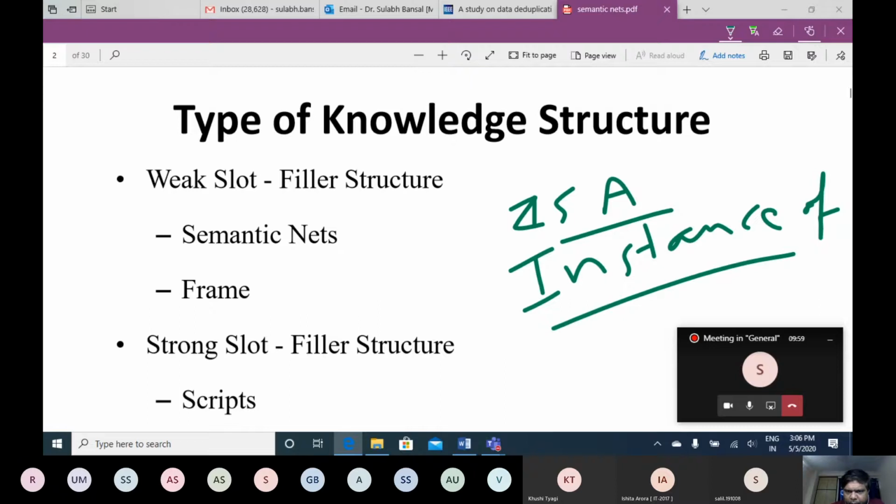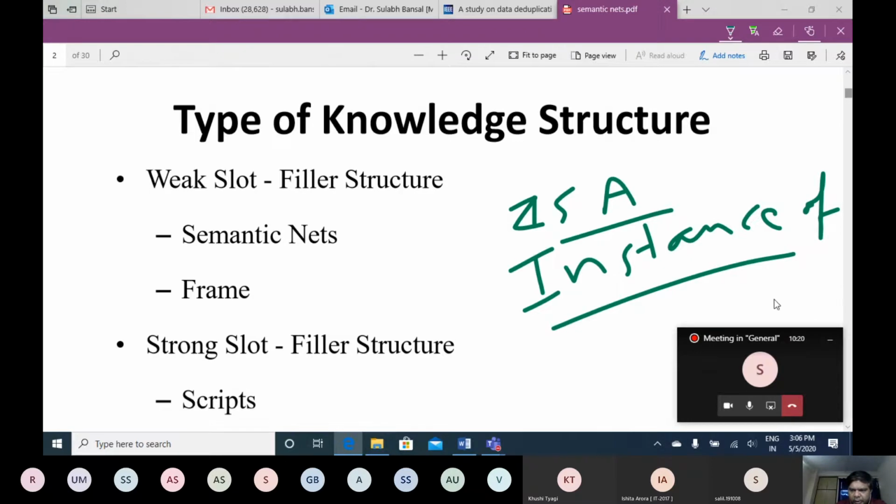Object oriented programming, for example, is one such structure. There we define objects, we define inheritance, we define properties, and then we can use those objects to write our programs